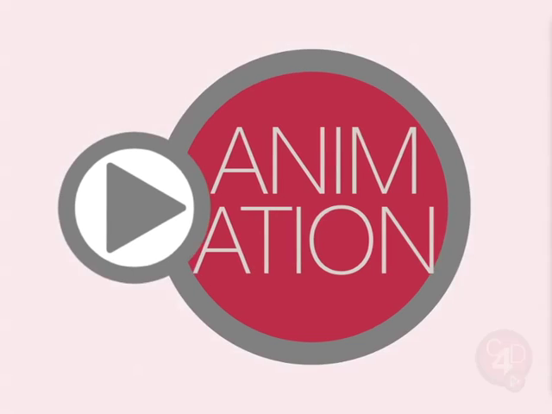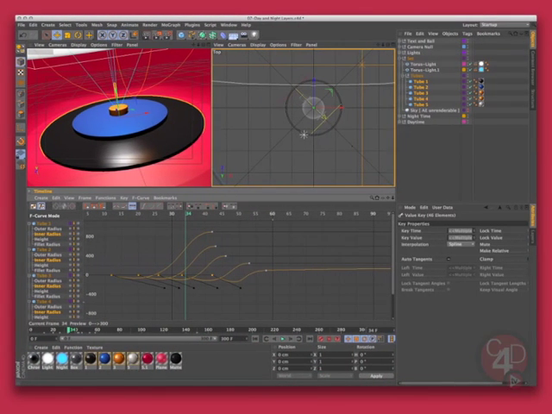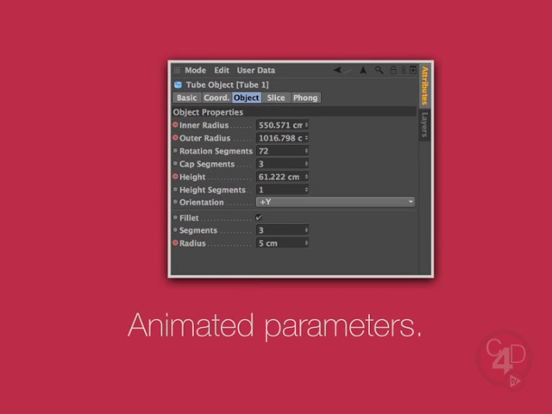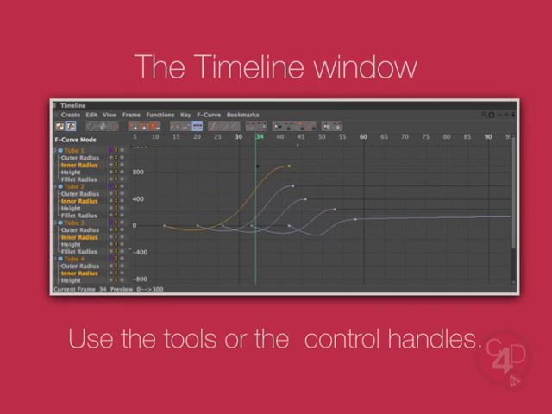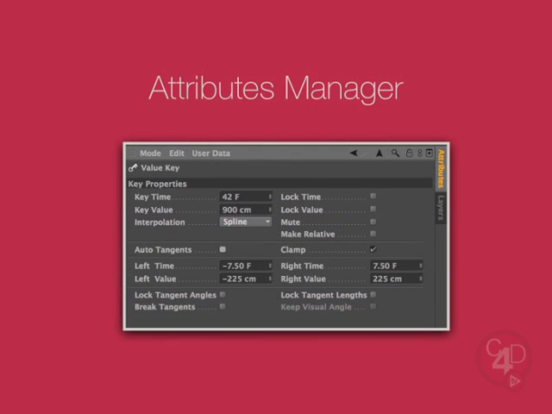The animation tools and capabilities in Cinema 4D are outstanding. Every parameter of an object that shows a small circle in front of it can be animated. The keyframes are fully adjustable when using the tools in the timeline window, or if you prefer, make the changes visually by manipulating the control handles. If you have the need for numerical accuracy, go into the Attributes Manager of each keyframe and enter the values